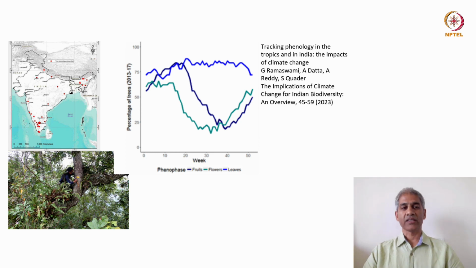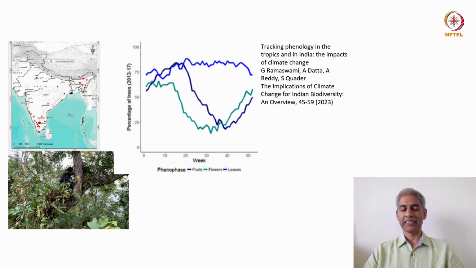Researchers are also keeping track of phenology within India. The map shows study sites, and there is a large concentration within South India and the Northeast. And the graph shows the phenology for one particular tree species, where it was tracked over a 4-year period from